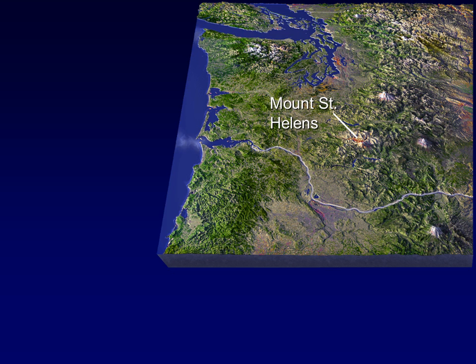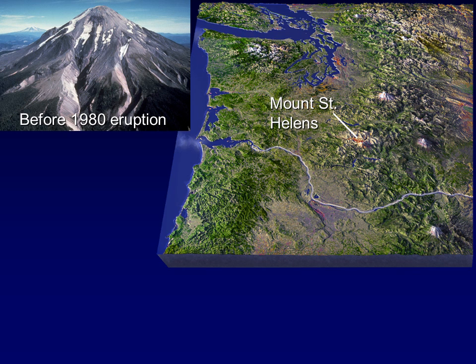The next box in your notes is checking out Mount St. Helens. So you've got three images there, before, during, and after. If we look at my presentation, we're looking at a map of the Pacific Northwest. Mount St. Helens is being pointed out right there at the end of that white line, and this is in Washington State. So before the 1980 eruption,